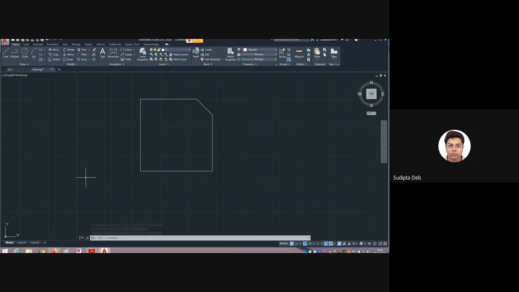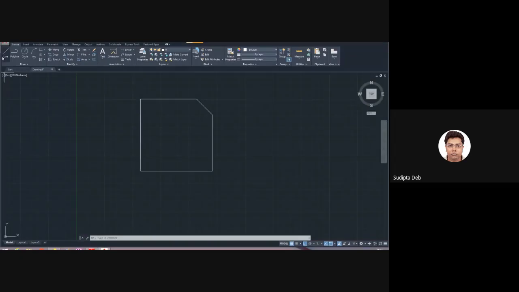Now I also want to show you some things. These things are very, very important. It is related with this drawing, but this is a separate thing. Suppose I am considering this is one axis, and this is another axis. Now this is the intersecting point. You can see the intersecting point. From here, I want to draw a line with distance 40 and angle 45.